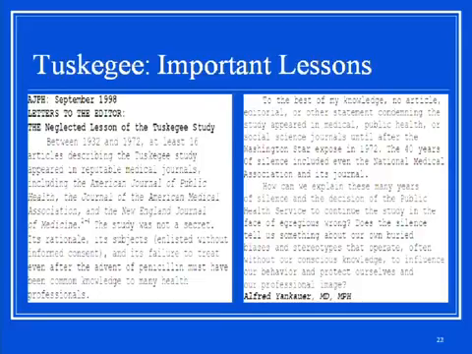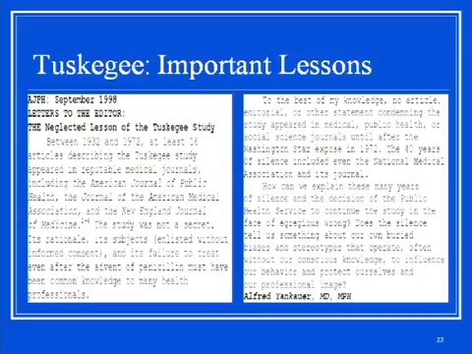How is it that the study was able to continue when the code and declaration were in place? Because those were international codes, and we had yet to adopt anything similar in the U.S. And so we'll talk about what it led to in a minute. So this was an article that was published in the American Journal of Public Health in 1998 that talked about the neglect and the lessons learned from this particular study.